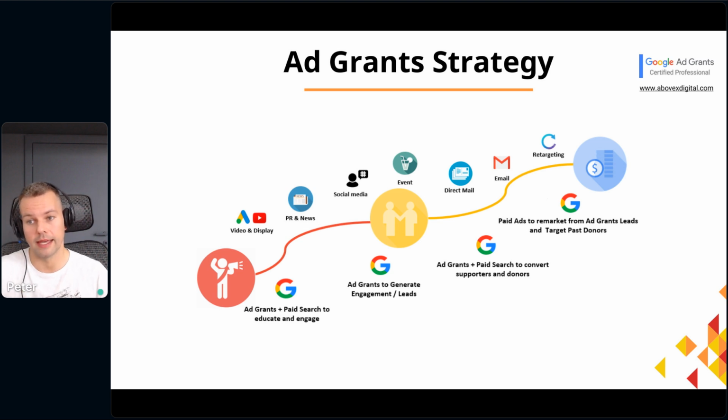And now this is what it looks like, right? So we have those three stages. In the red stage, which is in the left corner, you can see that the ad grants are very powerful, right? Ad grants are very successful at capturing this initial interest. We can use all sorts of generic keywords. We can promote your content, right? And ad grants can be very successful here.